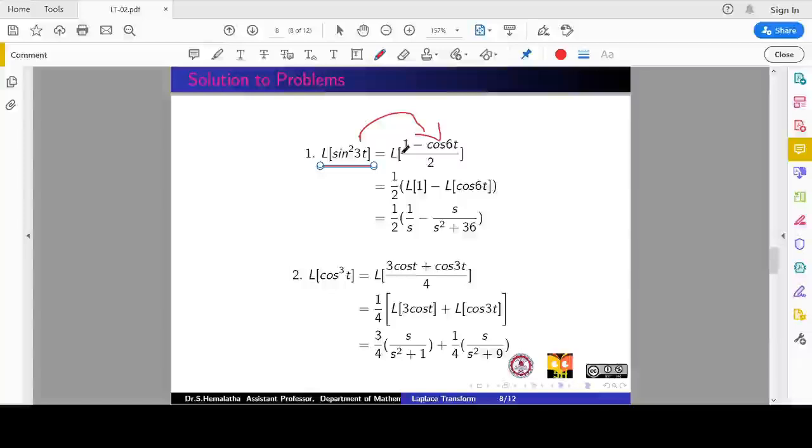So this again is simpler. Just split into two terms. Half can be pulled out and put into two terms by the linearity property. Linearity property doesn't only mean addition. It can be a negative link also. So you can split the terms in whatever way it is given. So apply the formulas. So simple. You got the result now. Again cos cube, in a similar way, by applying the conversion formula for cos cube, we can split and then go ahead with the result.